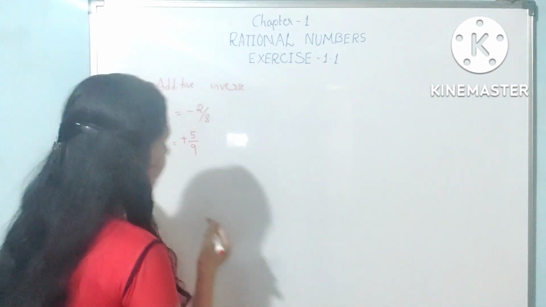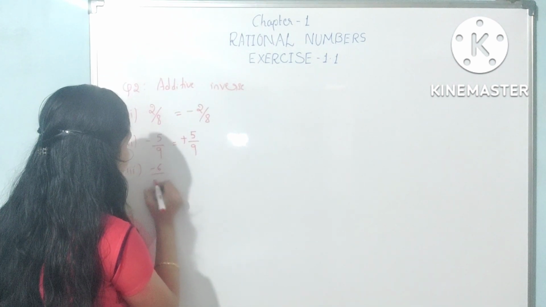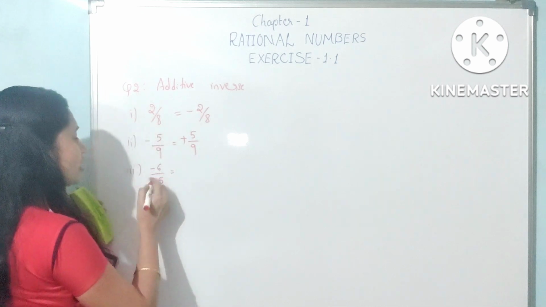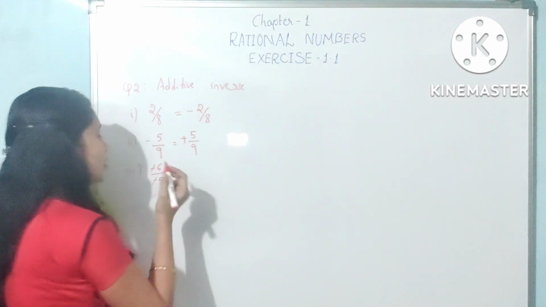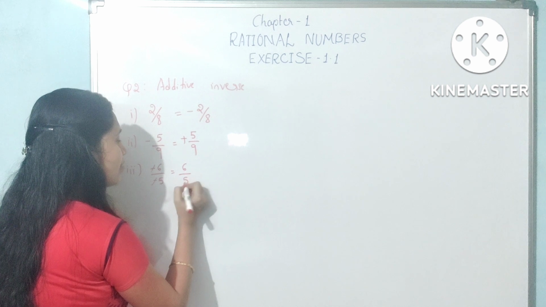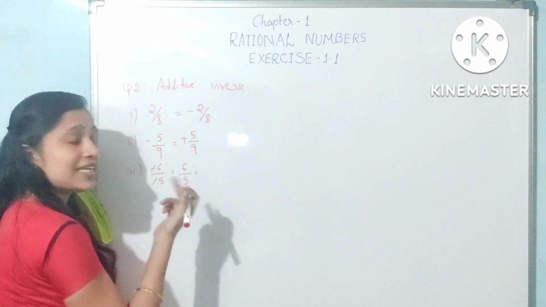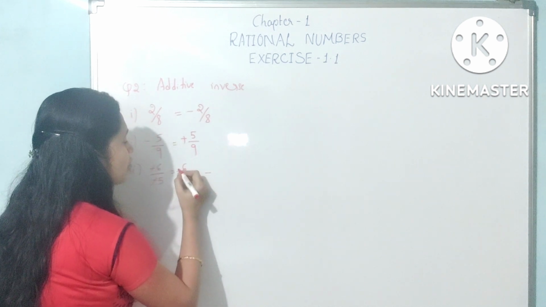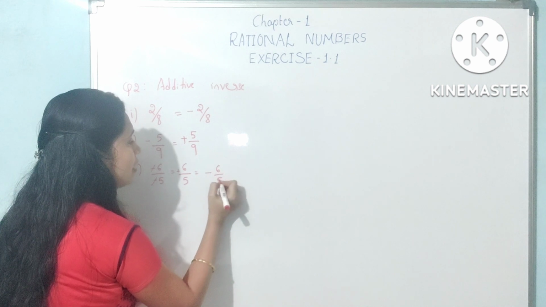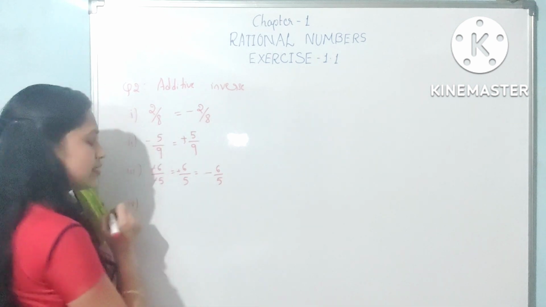Third one, minus 6 by minus 5. So if you see here, minus minus gets cancelled. It's same as writing 6 by 5, right? So we have to change the sign. So plus will become minus. So minus 6 by 5. Next, the fourth one,